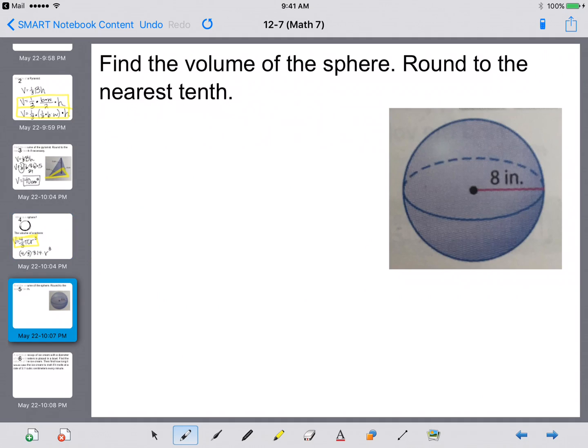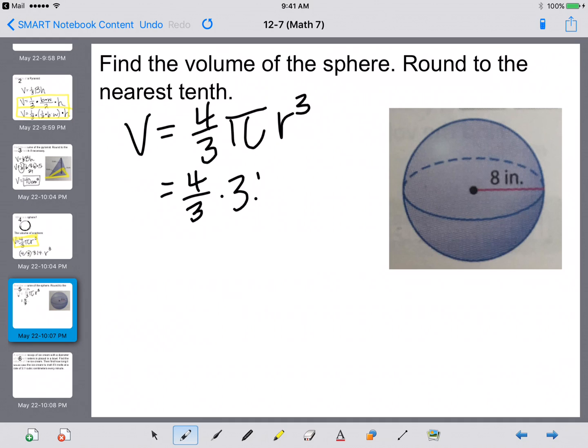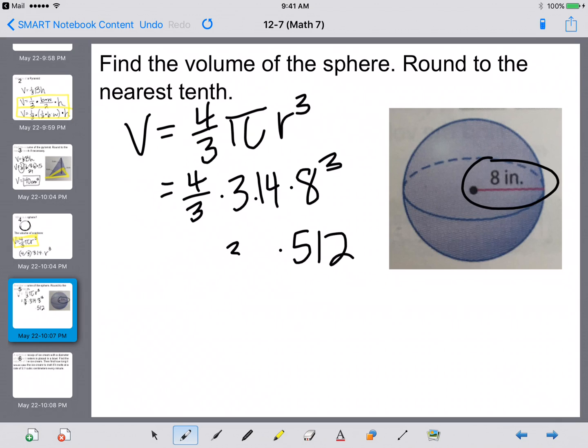So here, find the volume of our sphere. So our volume is 4/3 times pi times the radius cubed. So I'm going in here and I'm going 4/3 times 3.14 times our radius of 8 cubed. Right away I'm figuring out 8 cubed. I hit 8 caret 3 to get 512 times 3.14 times 4/3. Now I'm taking my 512 times 3.14